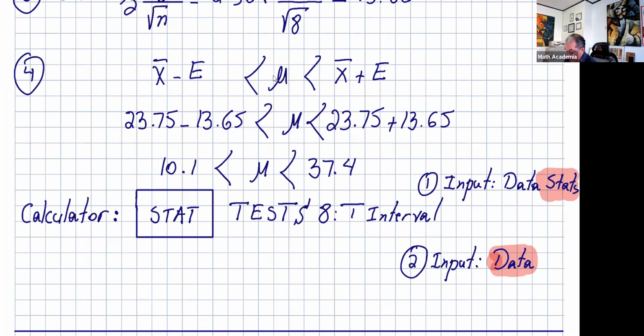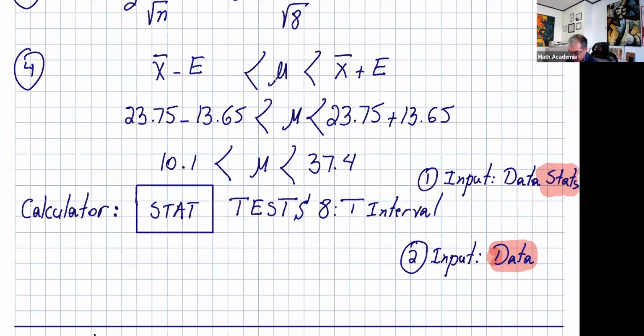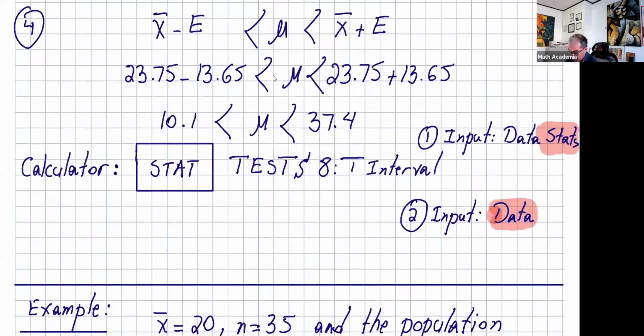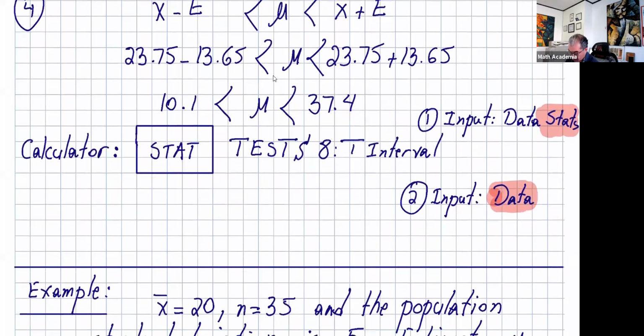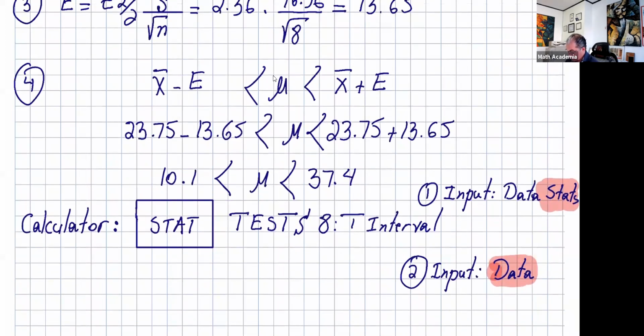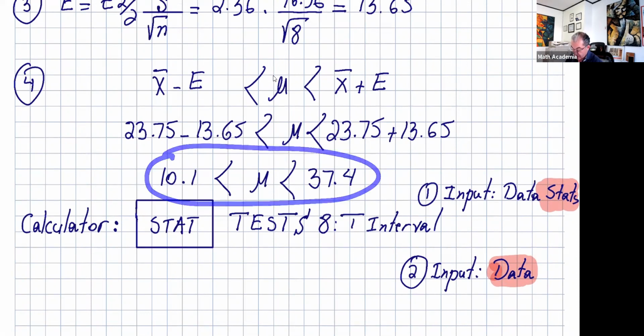When you go to T interval, for input, you see data or you see stats. Pick stats, highlight stats, and then put those numbers. They're going to ask you for the mean, for standard deviation, and the confidence level. So if you put that, then the calculator is going to give you this answer